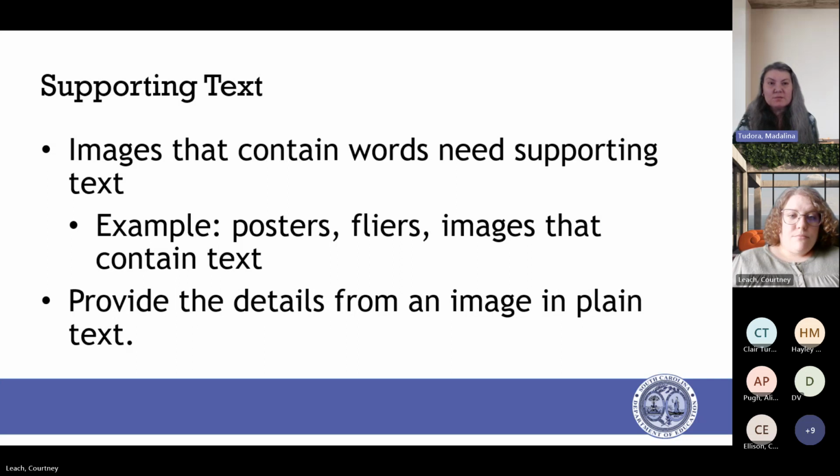So if you find yourself in a position where you have to do quite an extensive description, you may want to consider other options, and this would be what we call the supporting text. You may have flyers and posters and images and other things that require additional context, and the alt text is simply not going to suffice.